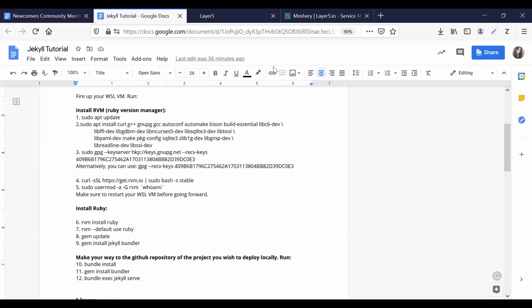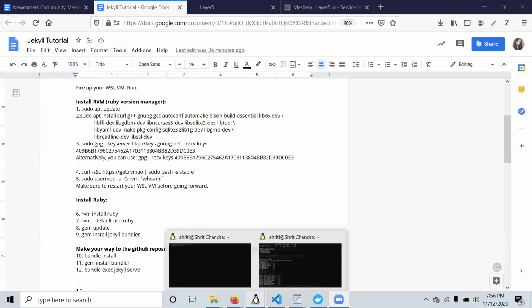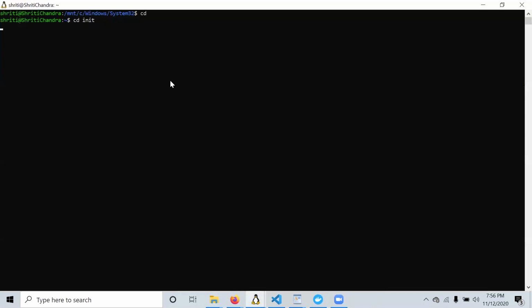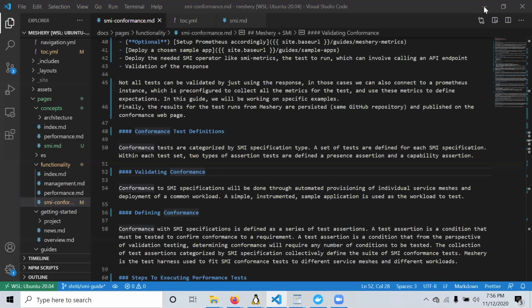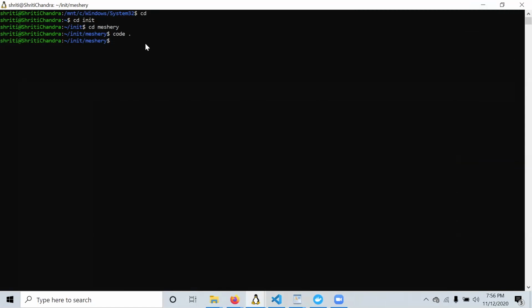let me share my entire screen. All right. After that, let's run Jekyll. Let me cd into my repository and open it up in code. All right. So Jekyll runs on Ruby gems. After you install Ruby and RVM, which I'm not going to do since my environment is already set up,